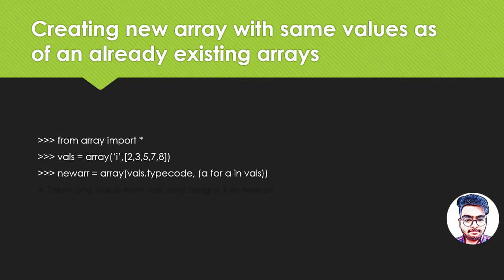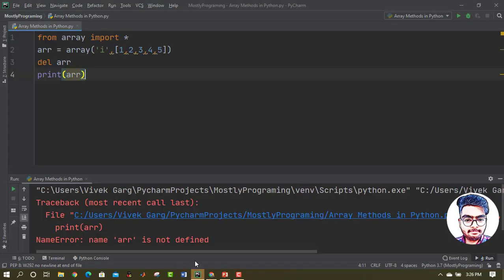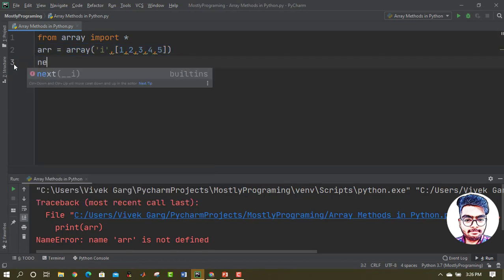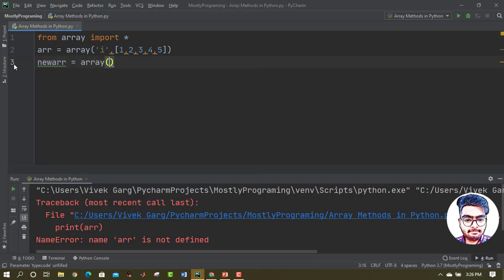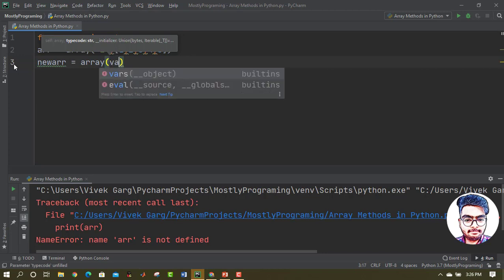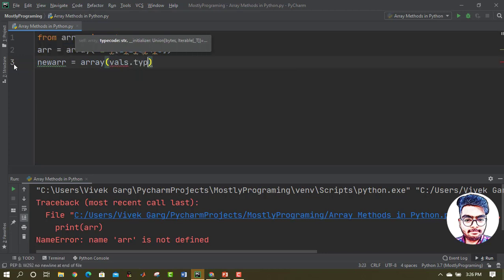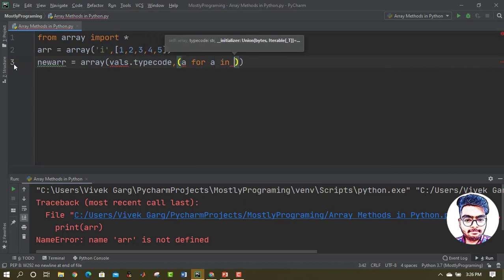Let me show you on PyCharm how this works. Suppose we have this array, right? Then I created a new array which is equal to array. Here I can either specify the type code myself, like I can write 'i', or what I can do is vals.typecode, comma, then inside brackets, a for a in array.